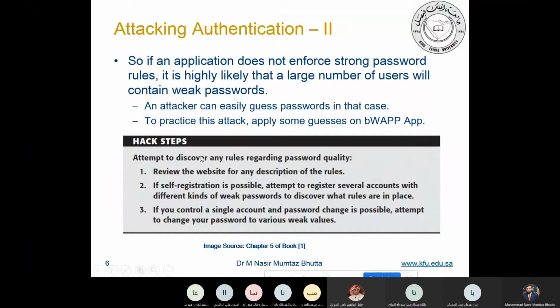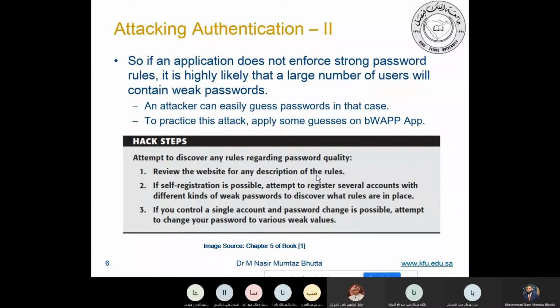When we are launching the guess password attack, first of all we need to review the website for the description of the rules. Why do we review this? Because it can help us design our possible combinations of attacks. Due to the rules, many of the possibilities are already ruled out.